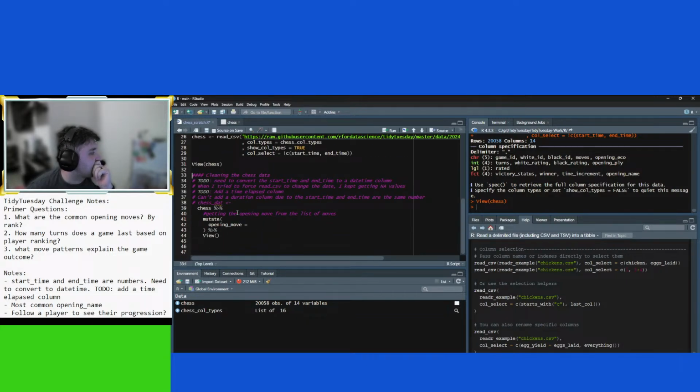Okay. Looking for the first move for white in the move string.